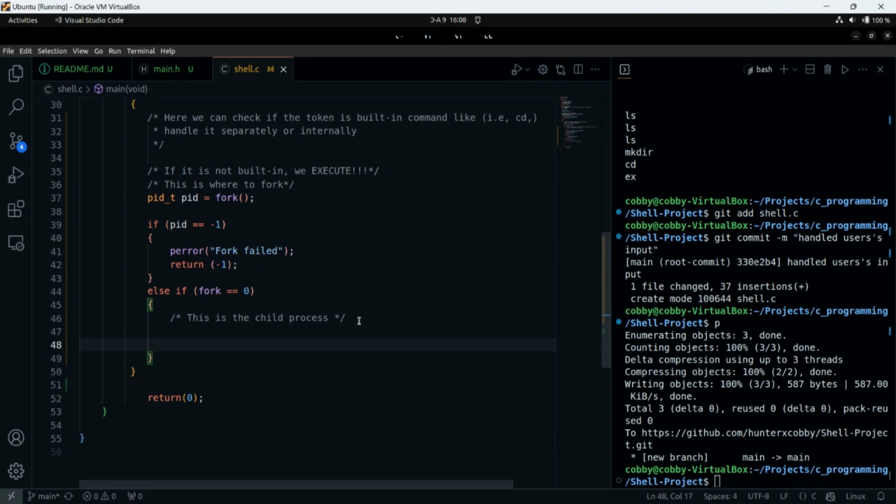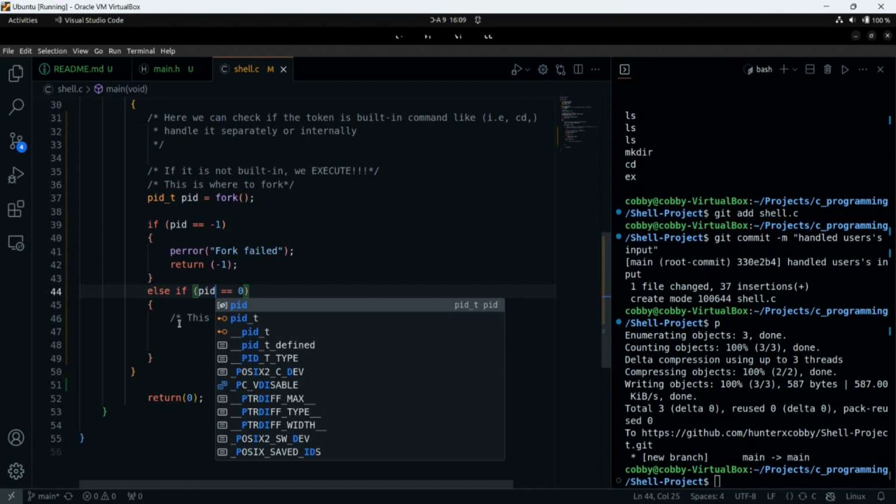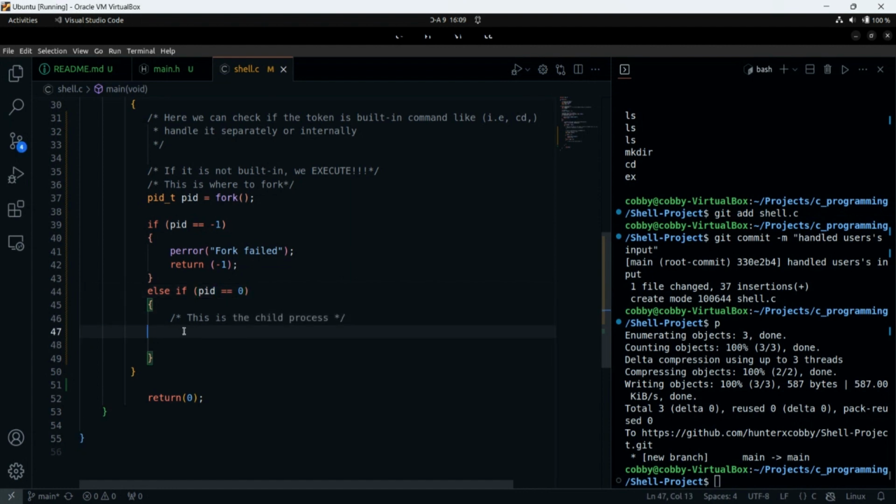Sorry, I have a question. Okay, your question. The first if statement came with PID, while the second is now with fork. Can you please explain? Okay. It is PID we are concerned about, not the fork function. I always forget I returned it to PID. So it's PID we always have to use in place of fork. So if our process ID is equal to 0, then it is a child process.